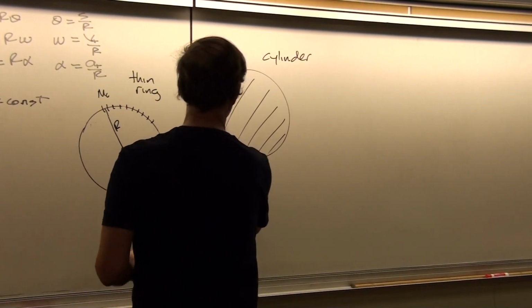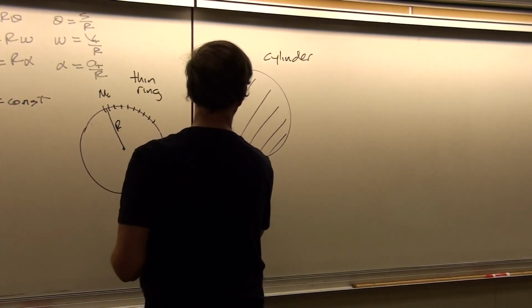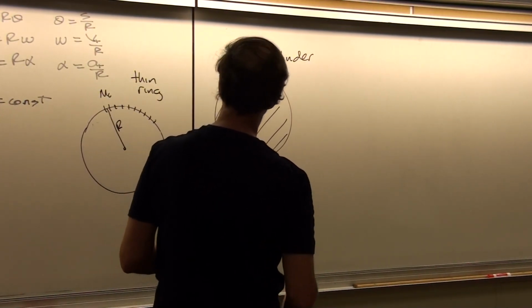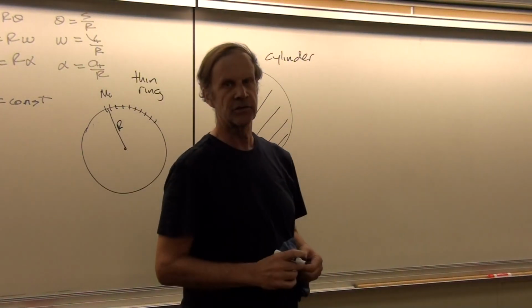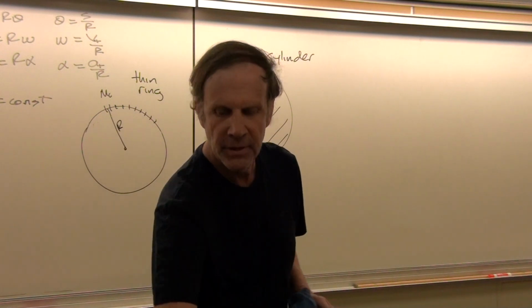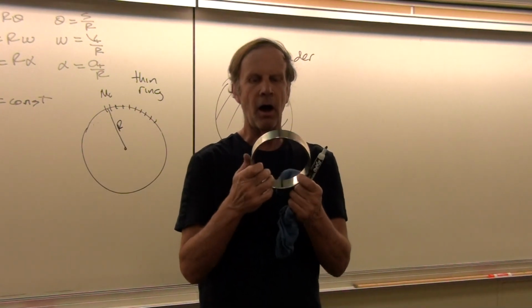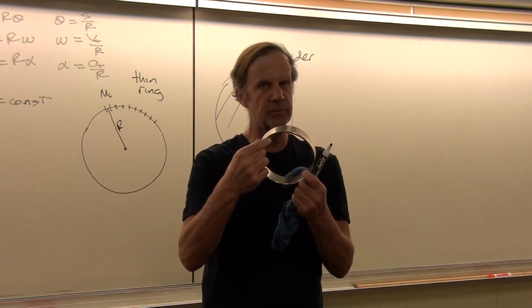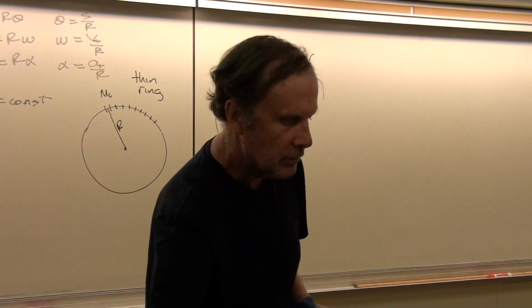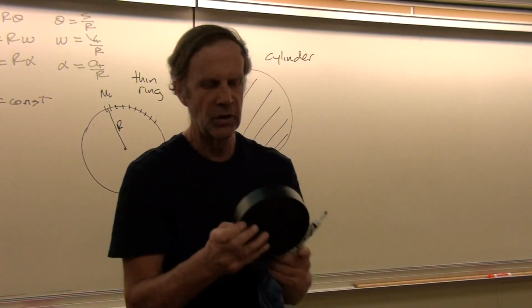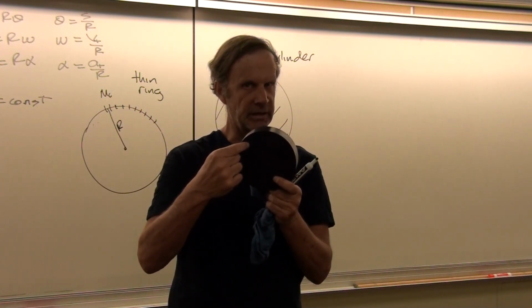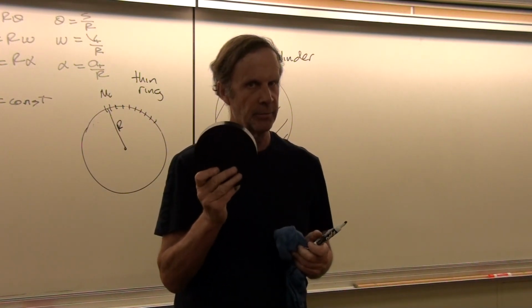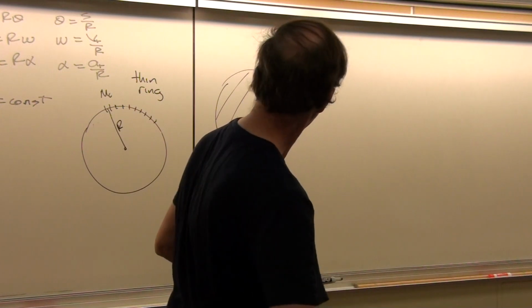what we have then is a moment of inertia that I think you could guess would be less than the moment of inertia for the thin ring. Because here with the thin ring, all the masses are out at the maximum possible radius. Whereas here, most of the mass is at a value of the radius that's less than the maximum radius, and so therefore the total moment of inertia should be smaller.